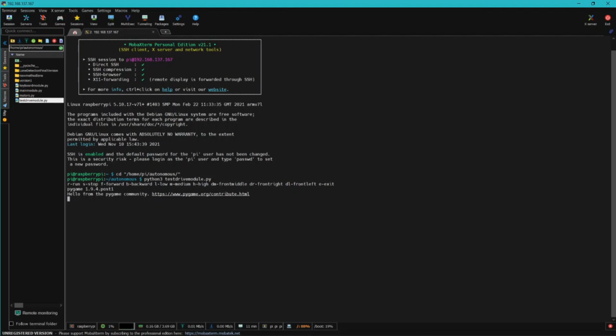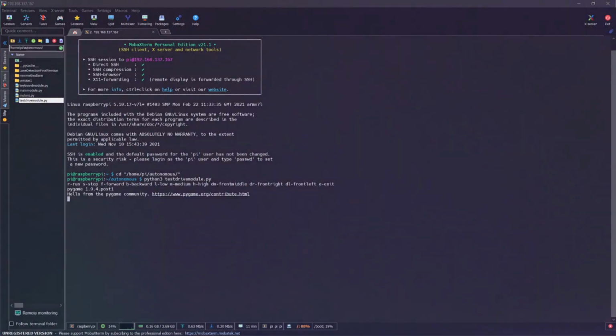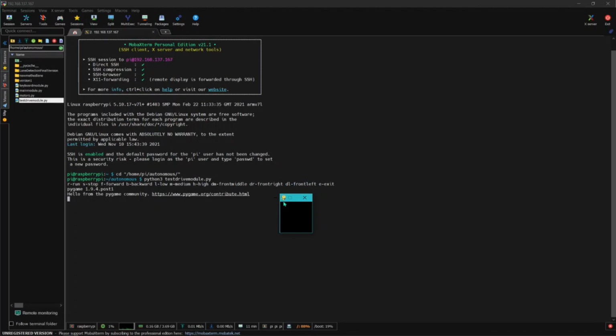You need to find it, or wait for some time so that it can open. When it opens, it will look like this. Whenever you click on this window, it will take your keyboard responses.